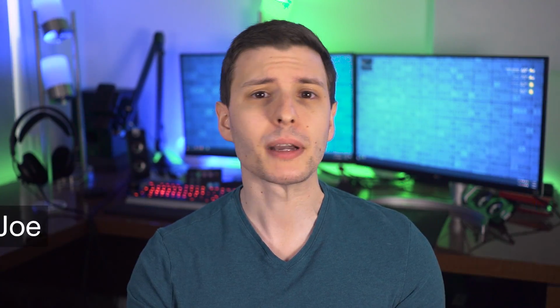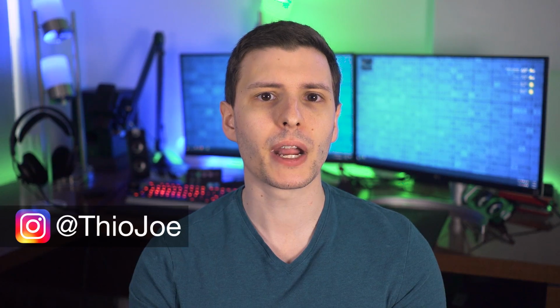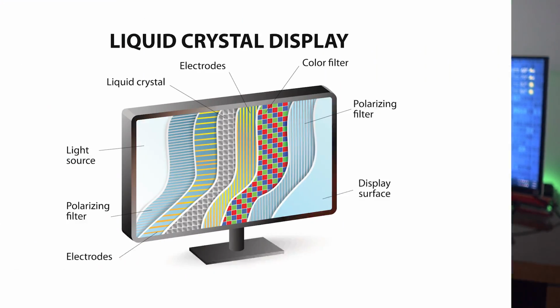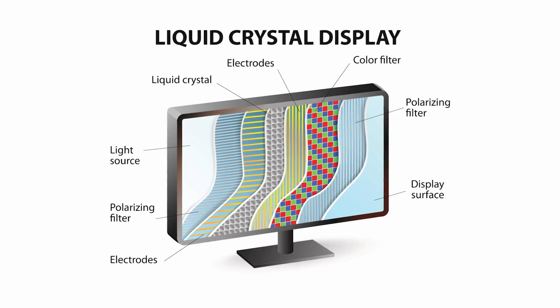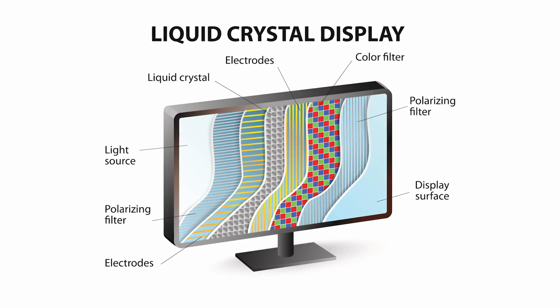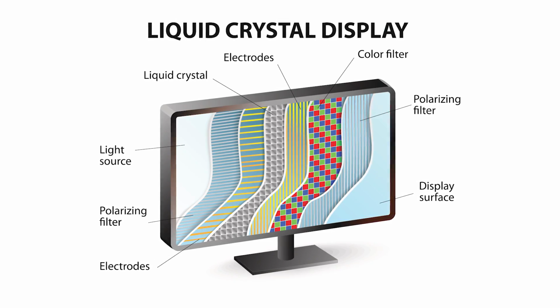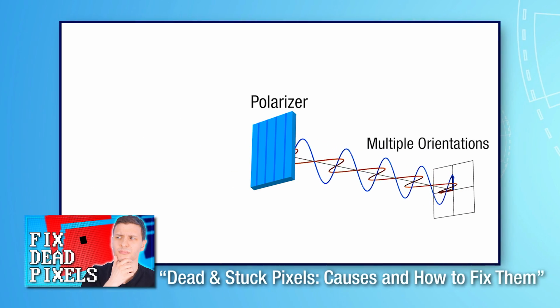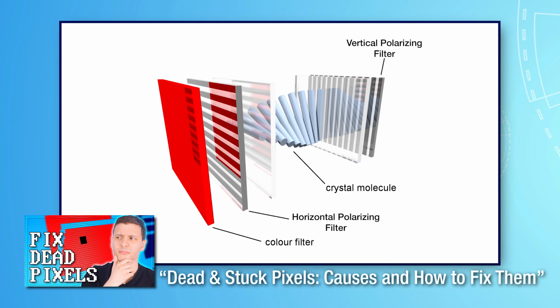In terms of functionality, I'm sure a lot of you know that OLED has an advantage because each individual pixel is its own light source. Unlike LCD panels that have an LED backlight, then block light of different colors using liquid crystals, only passing through colors you want. If you want to know more about how LCDs work, you can check out my other video where I talked about dead pixels, but I also went into heavy detail about how the panel technology works as well. But the basic difference is that LCD selectively blocks light, where OLED selectively produces light.